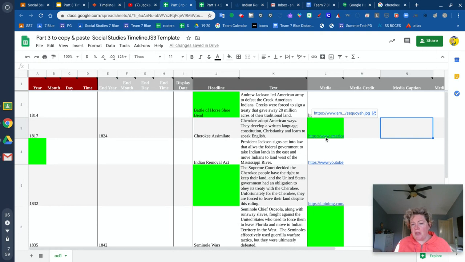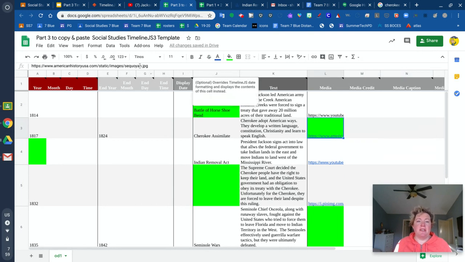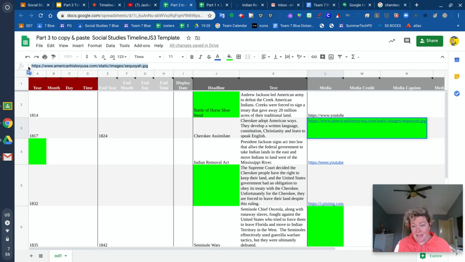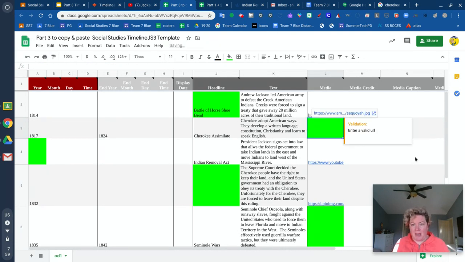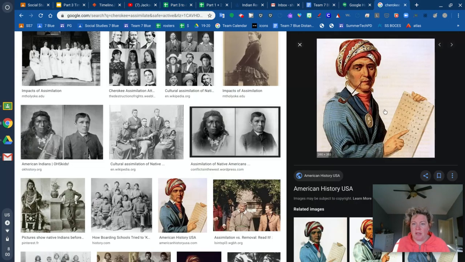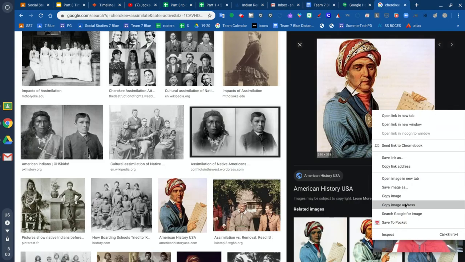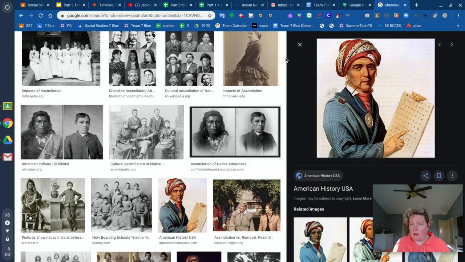So make sure that it shows up with something other than Google. In this text box, you can see what's in the text box up here. If you get Google and like 10 lines of type, it means that you did it wrong and it's going to mess up your whole spreadsheet. So if you did it wrong, it's no big deal. You just go to it and you hit backspace and it's gone. And then just keep trying again until you can do it the right way. So again, copy image address from this black screen